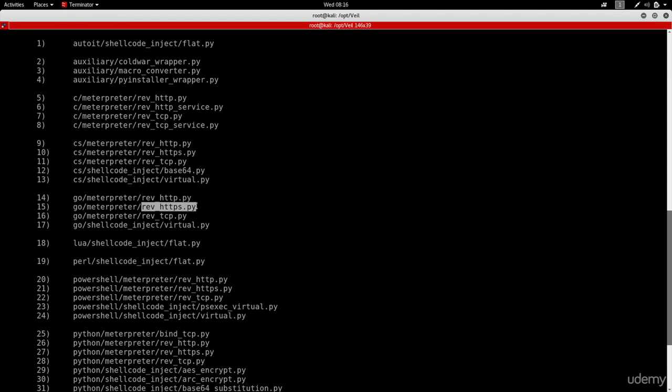The third part of the name is the method that's going to be used to establish the connection. So in here you can see that this is called rev HTTPS. Rev stands for reverse and HTTPS is the protocol that's going to be used to establish the connection. So we can see that this payload will create a reverse HTTPS connection. You can see this one right here, for example, creates a reverse HTTP connection. And we have this one in here that creates a